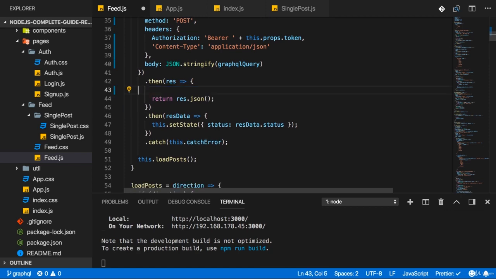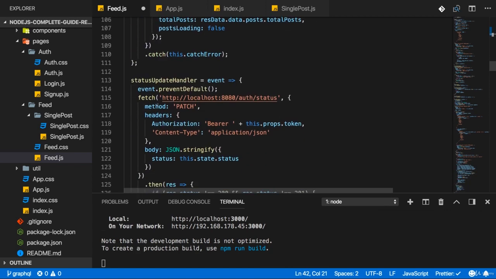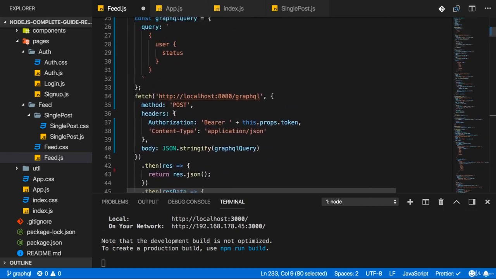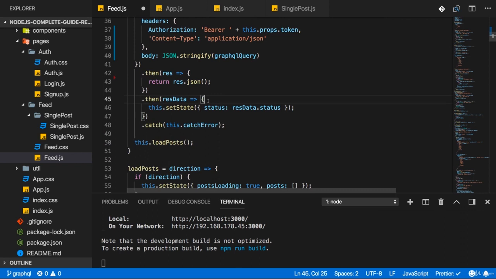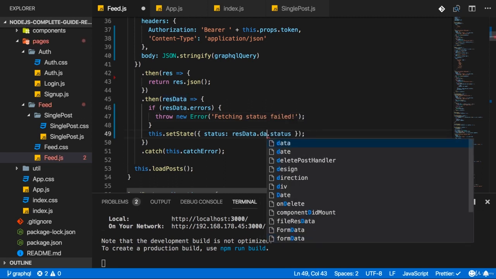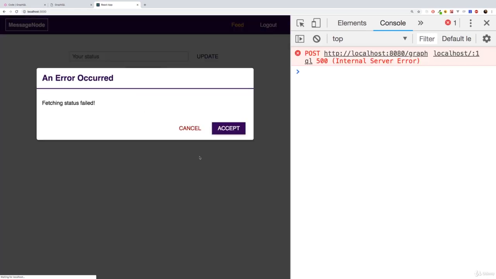Again, handling errors like this will not work. Let's instead grab the code we have below here, where I just check for the existence of the errors object after parsing the request body. So here, fetching status failed would be my error message. And when I extract the data, I need to drill into the data field and then the status field. Now, if I save that and I reload,